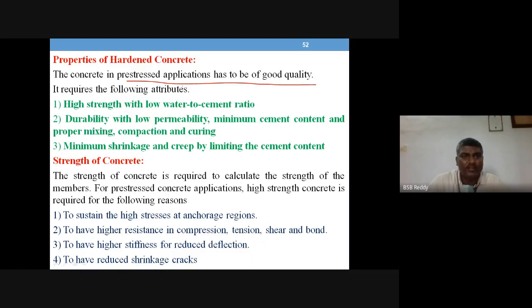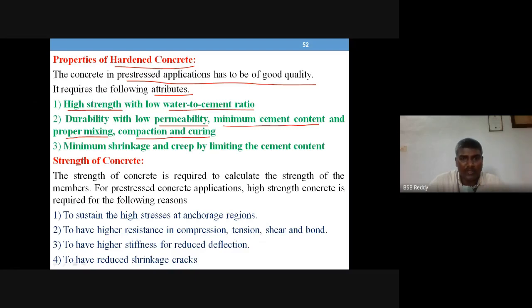The hardened concrete properties we are talking about now require the following attributes: high strength with low water to cement ratio, durability with low permeability, minimum cement content, proper mixing, compaction and curing. Good quality means what? Low water cement ratio, high strength,